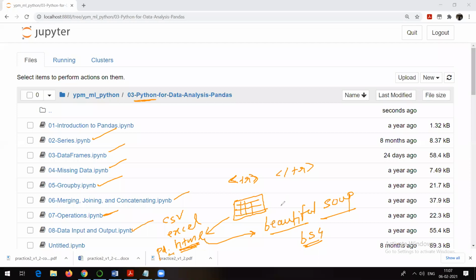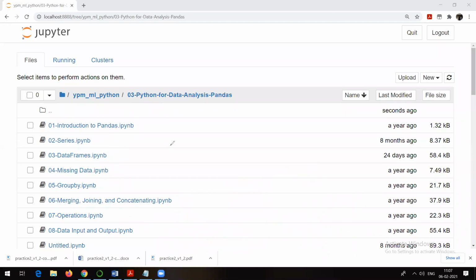So yes, that's a good option if you want to read whatever you want from an HTML web page. Maybe it's text or numbers or images. You can read all those things with this particular package. So in the last session, that's what we have seen, all these topics, and I hope you people have gone through the files which I have shared in the group. All these files I have already shared. All these are IPython notebook files. Just have a look at that.